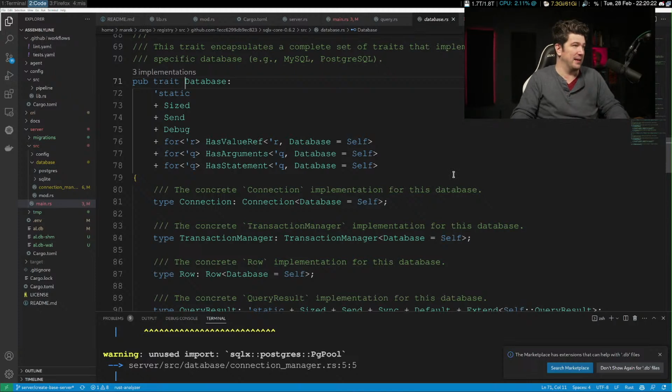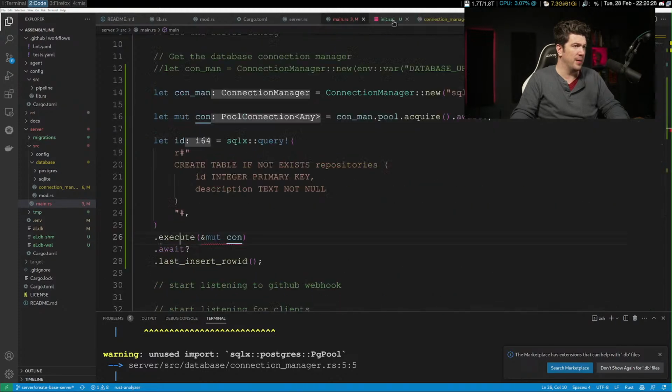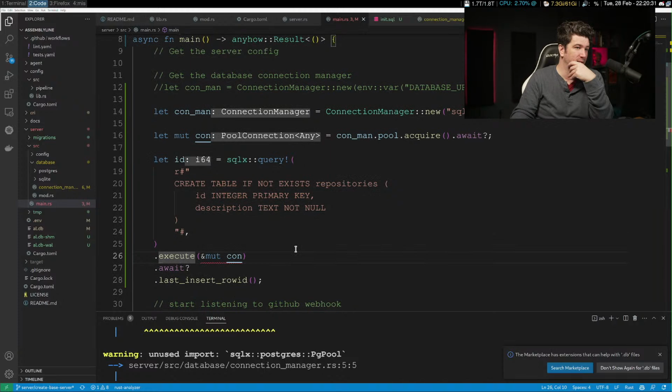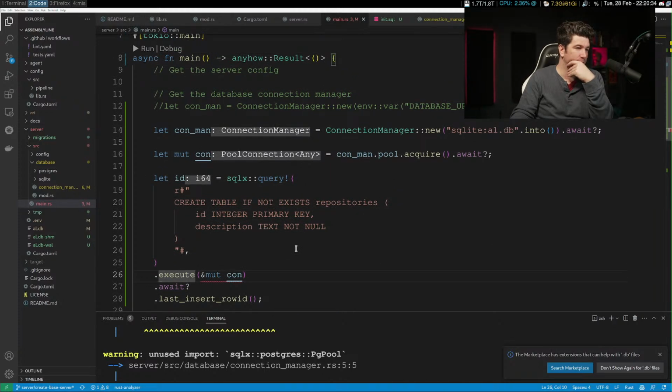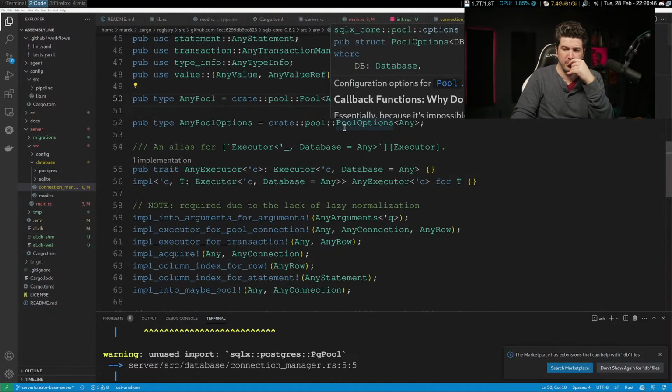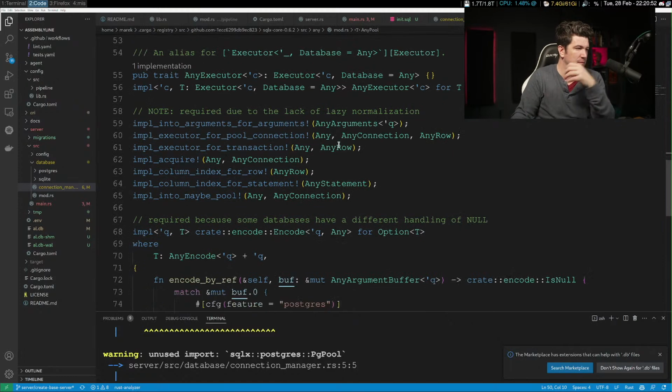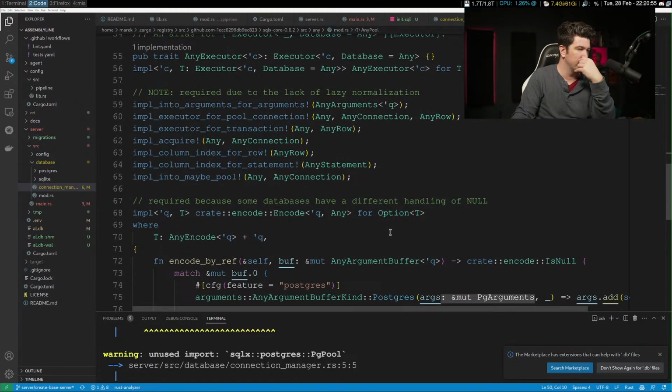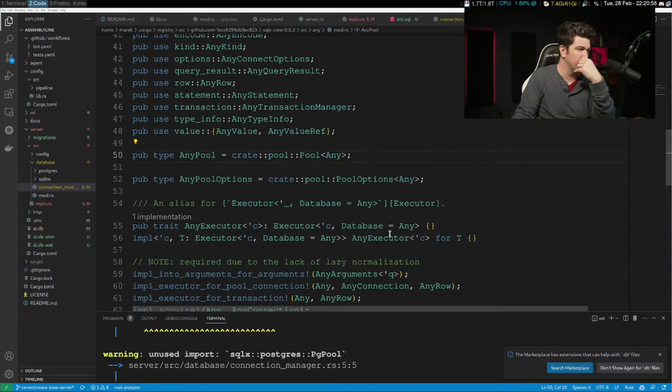Unfortunately, here with Any, I am going into undocumented waters. And it implements the executor.